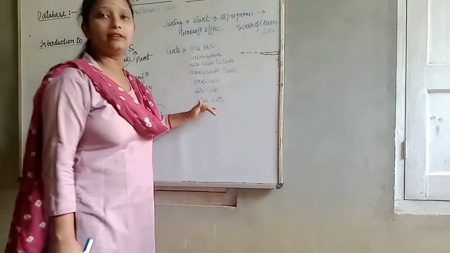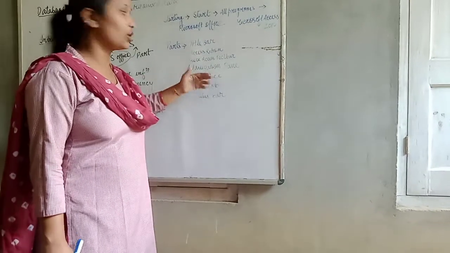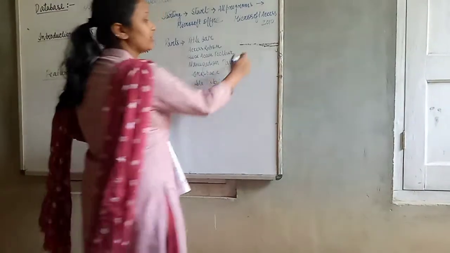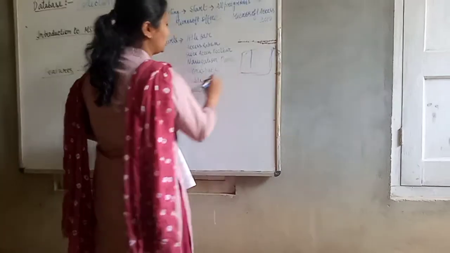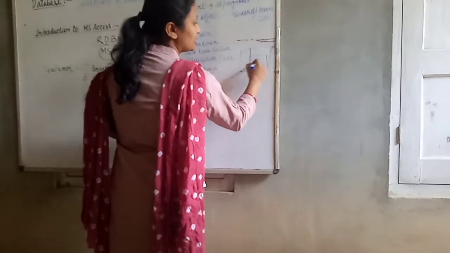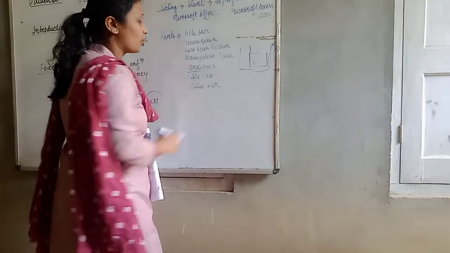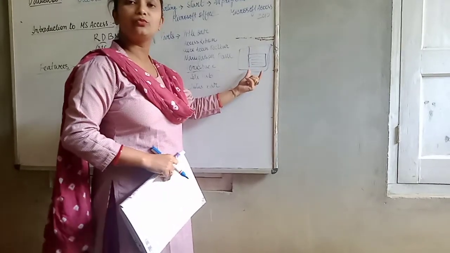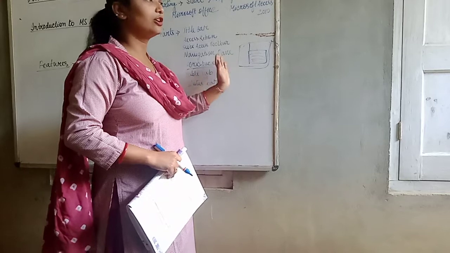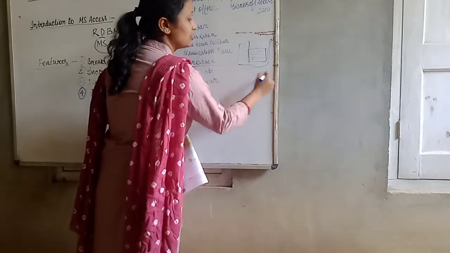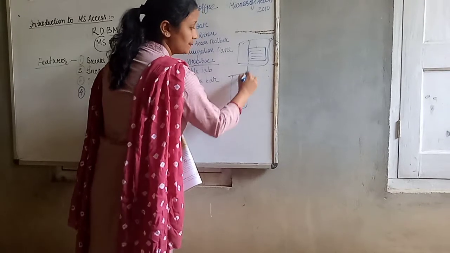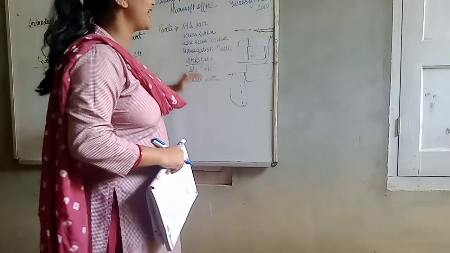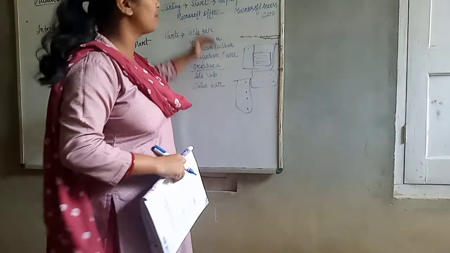So what things are there in Microsoft Office SS? Same as Word. Title bar will be there, ribbon will be there, quick access toolbar, navigation pane. The navigation pane you can find on the left side of the computer screen. Workspace, the white area where we are typing the letters or the paragraph, that is called workspace. Table tab, different types of tabs will be there. Which format you want the table, either in serial order or in another order. Status bar, different types of bars will be there. So these are all the same as Microsoft Office Word. So these are the parts of Microsoft Office.